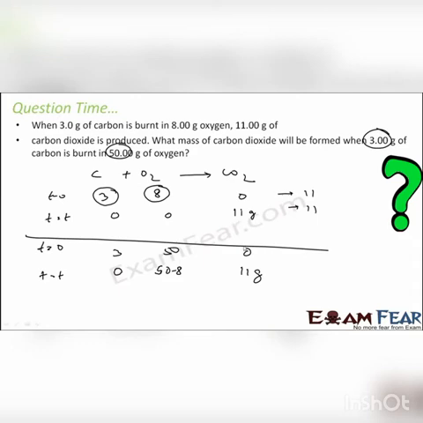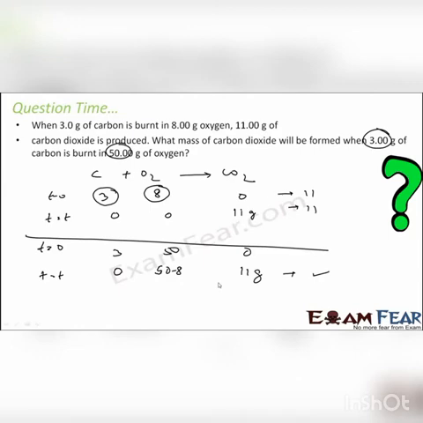So the question is, what is the mass of carbon dioxide produced? Here also 11 gram of carbon dioxide will be produced. Only 8 gram of oxygen will be used, and here also the law of conservation of mass holds. At T is equal to 0 we had 53 grams, and at T is equal to T we will have 42 plus 11, 53 grams.